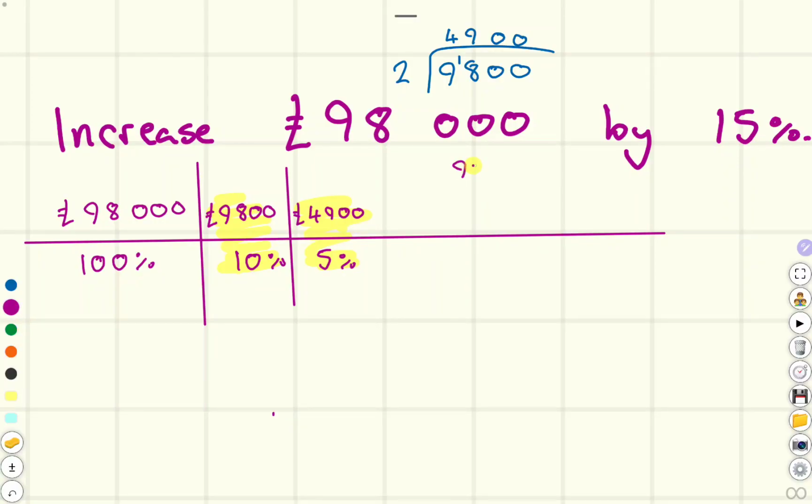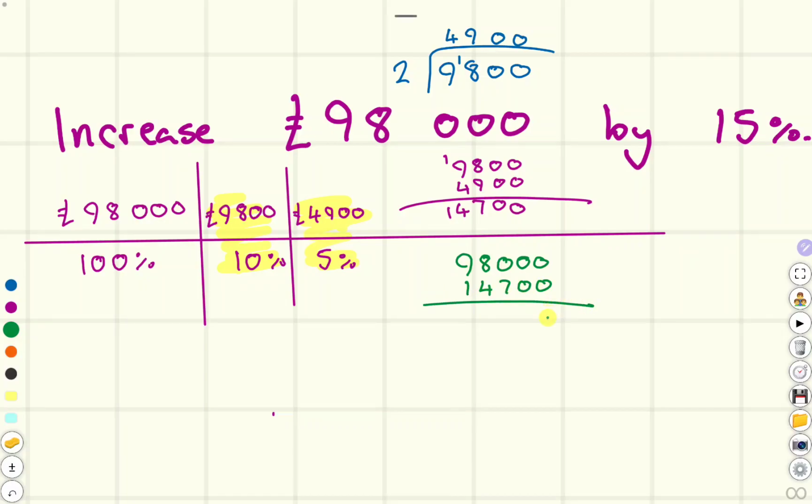So it's going to be 9,800 and 4,900. And we add these two together. And we get 9 plus 8, that's 17. 1 plus 9 is 10. 10 plus 4 is 14. So I get 14,700. Now that's not my final answer because I must add that onto my original amount of money,